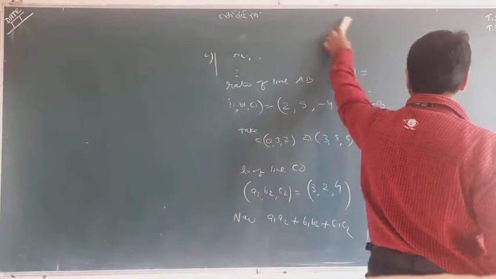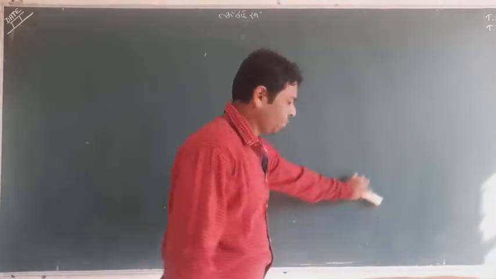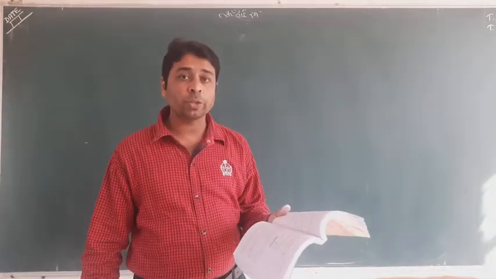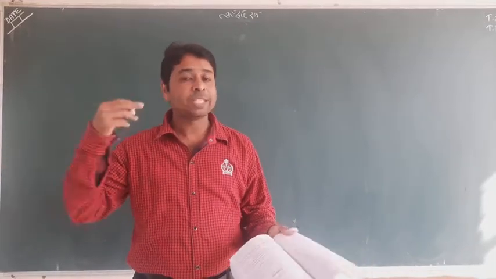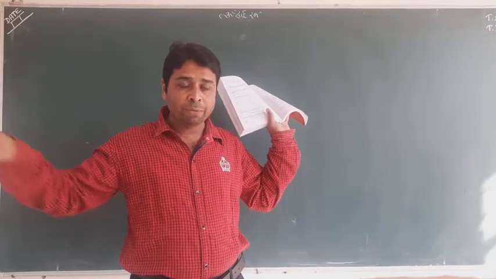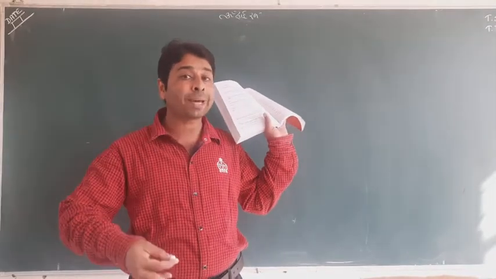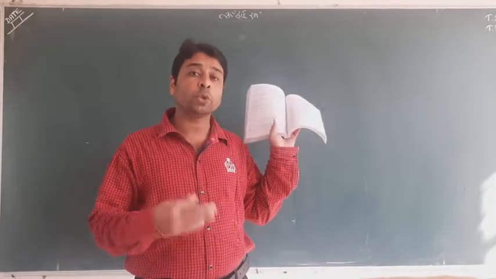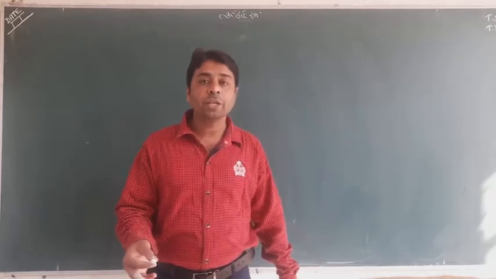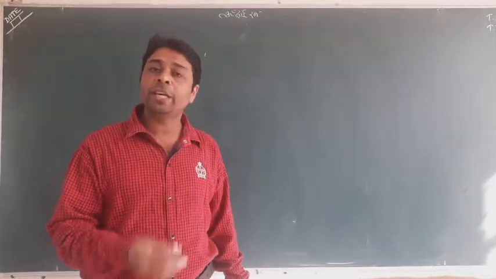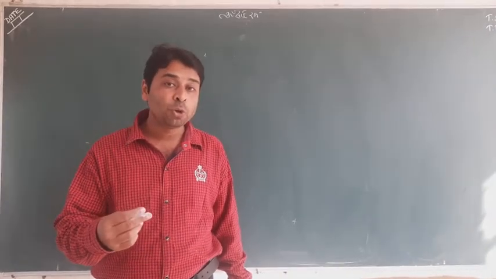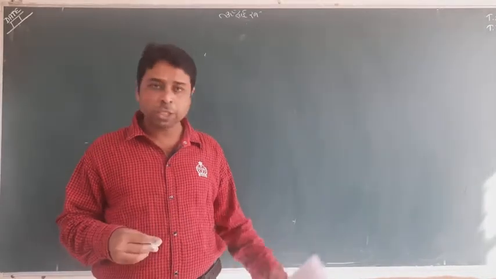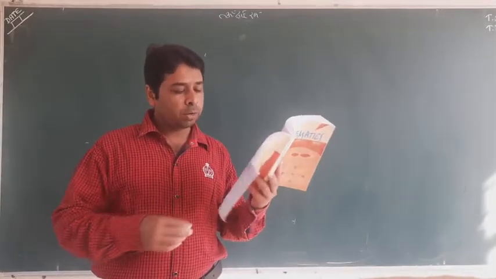Now let me tell you some questions. In question number 3, the same question is asked for the parallel condition. Show that two lines are parallel, joining 2 points. The same we will do. We will find the ratio of the first line and the ratio of the second line. And what is the condition for showing parallel? A1A2 plus B1B2 plus C1C2 equal to 0 is the condition for showing lines are perpendicular. But what is the condition to show lines are parallel? Easy, their ratios should be proportional: A1 upon A2 equal to B1 upon B2 equal to C1 upon C2. If this is happening, it means the lines are parallel. So please do what I spoke here, focus on that and get the answer.